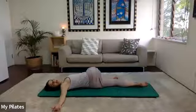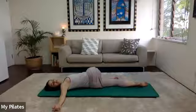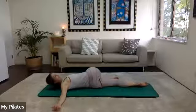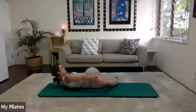And exhale, allow that rotation. And breathing in, two more breaths. And exhale. One more breath. And then lift your head up, gently bending your bottom foot, grabbing your foot with your hand,